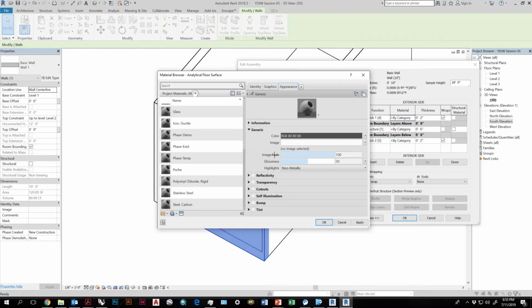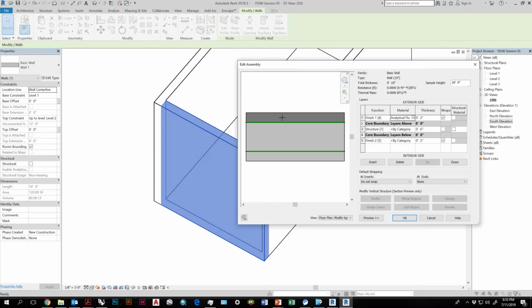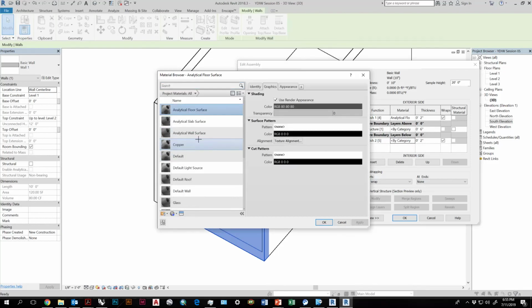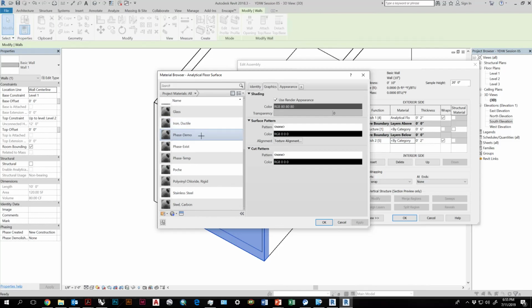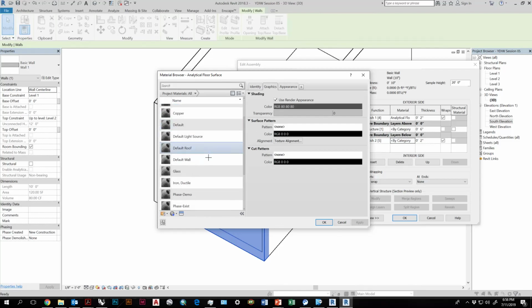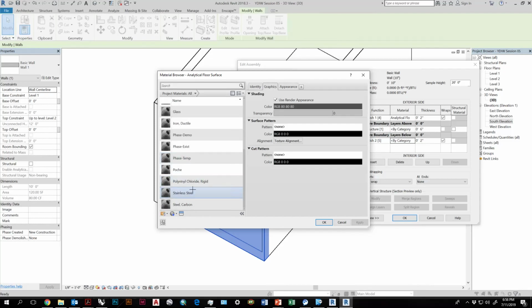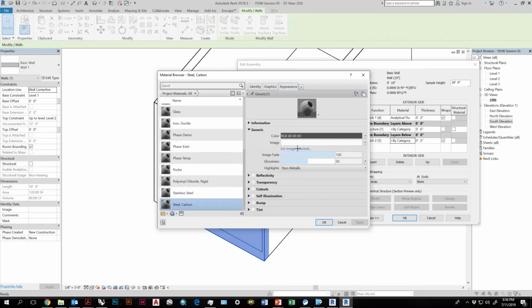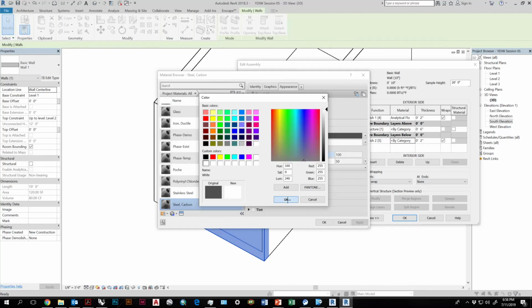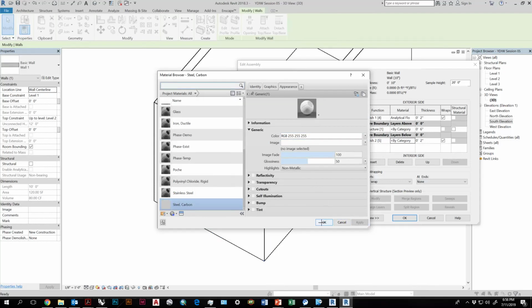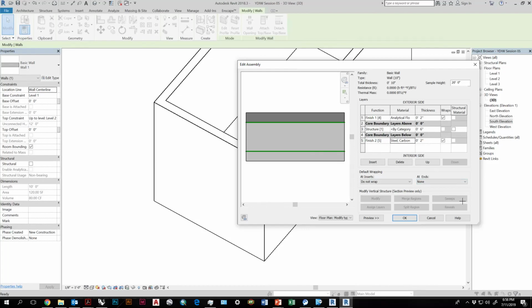So you can change, of course, it's a material, so you can change its reflectivity, transparency, cutouts, self-illumination, things like that. We'll just keep it at default for now. So I've shown the preview of the wall, so the outside wall is stainless steel now. And let's say we want the inside to be white, so we'll set it to be stainless steel carbon. Alright. We want this to be white stainless steel. How about that? Boom. Hit apply. Done. Okay. So anyway, so that's the wall.